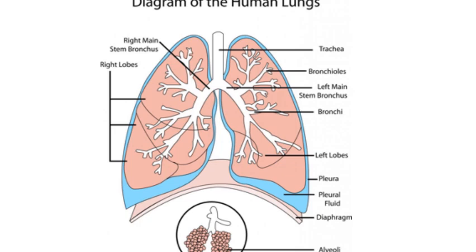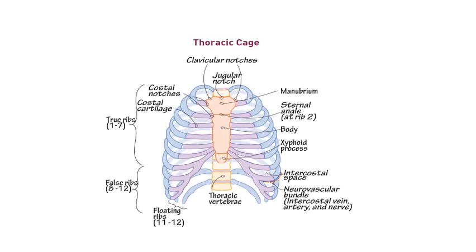Inside the lungs you can see that the trachea, from the top portion, divides and redivides, and ultimately forms the bronchioles. Now, where is this lung housed? That is a question. In the diagram I have given, this is called the thoracic cage. This soft muscular structure is present inside this thoracic cage.